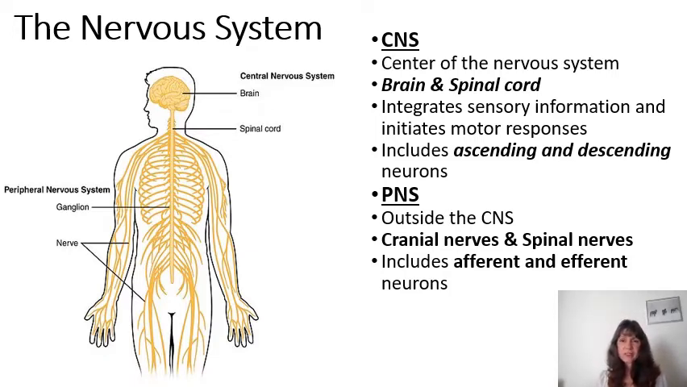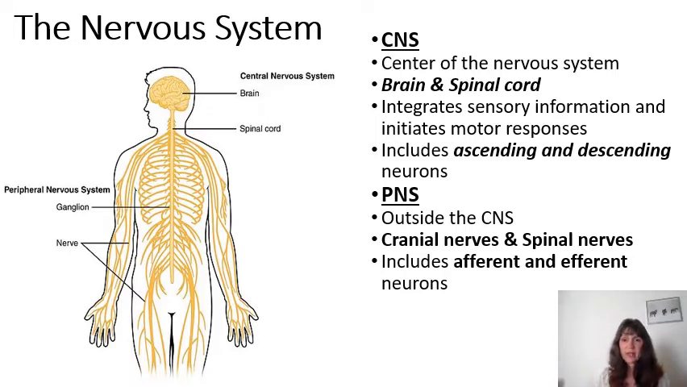The central nervous system is the center of the nervous system and includes the brain and the spinal cord. This part of the nervous system is responsible for integrating or processing sensory information as well as initiating motor responses. It includes neurons that carry information down to areas of the body as well as receiving information coming from areas